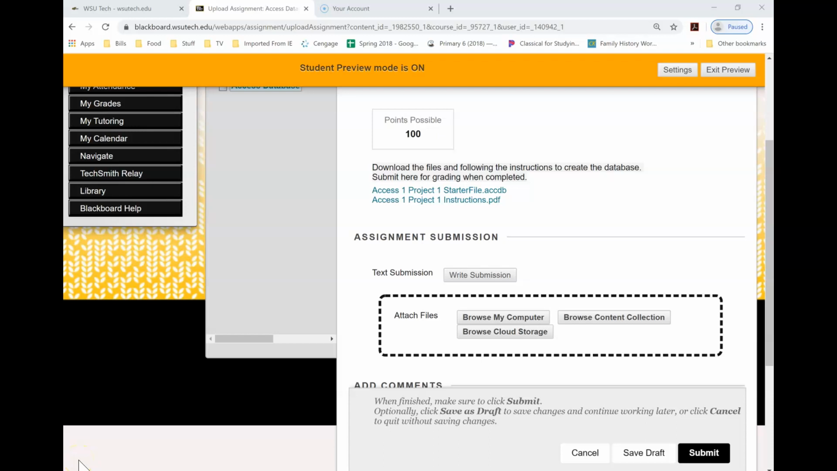Okay, today we're working with Access. Access is a database program that you would use to do inventory or maybe to keep track of an address book, which is what we're going to make today. So I'm going to click on the starter file